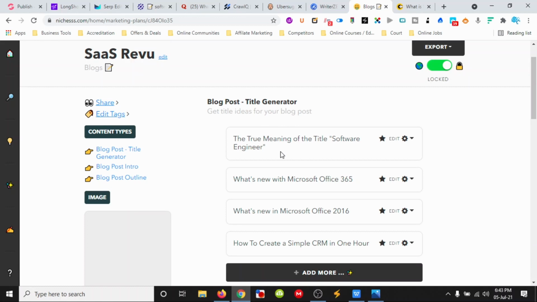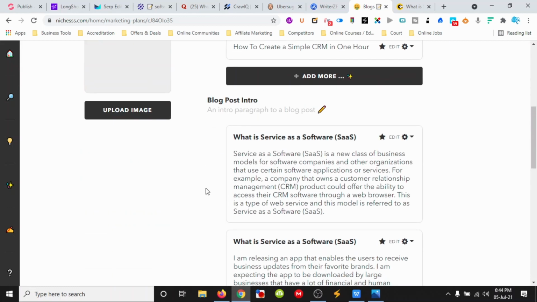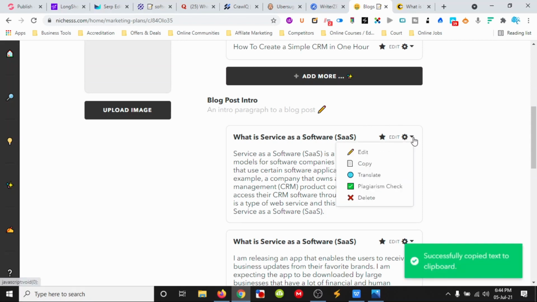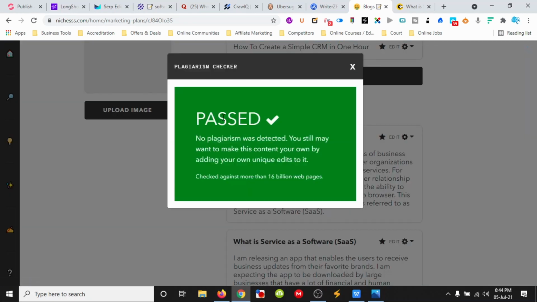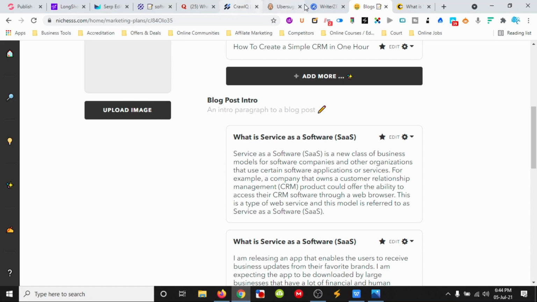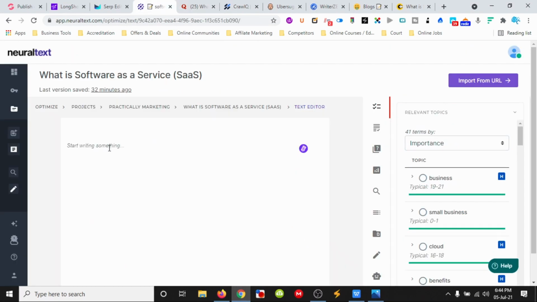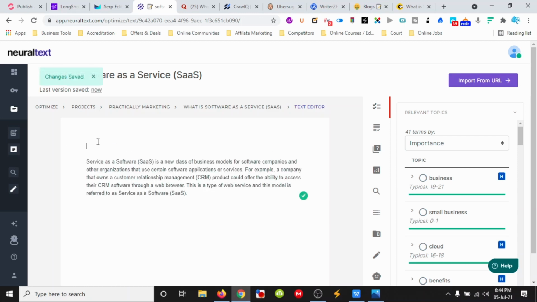So these are our titles. And we're going to copy, well, you can plagiarize check in niches too. So once it's passed, just keep editing it until it does. And then we can put that in here. And we can go, what is